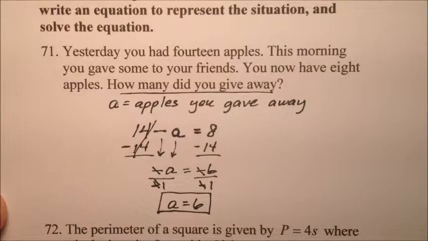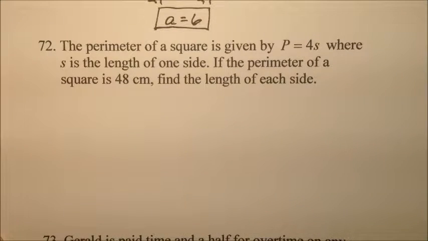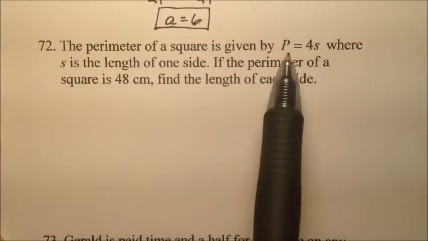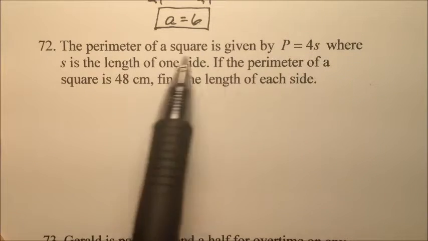So what does this mean? This means you gave away 6 apples, because your value of A was 6 apples that you gave away. So there's number 71. Number 72 says, the perimeter of a square is given by P equals 4S, where S